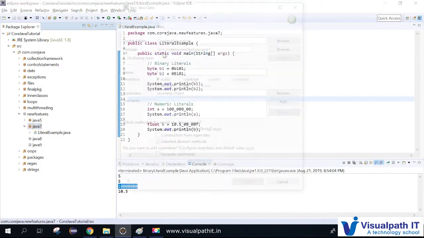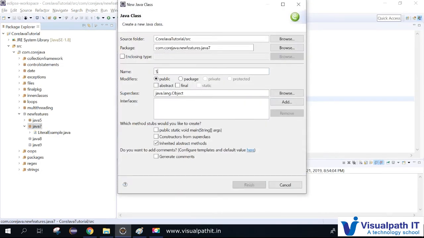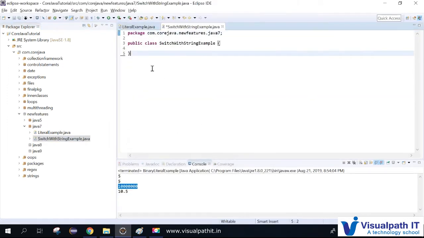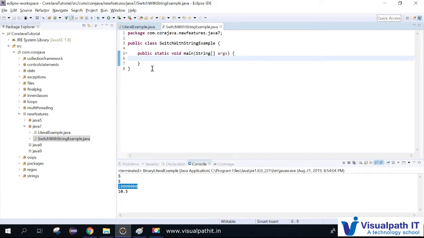Just creating a new class named SwitchWithStringExample. Let me have a main method. Sorry guys, I'm just taking a string game, giving one value out of it.